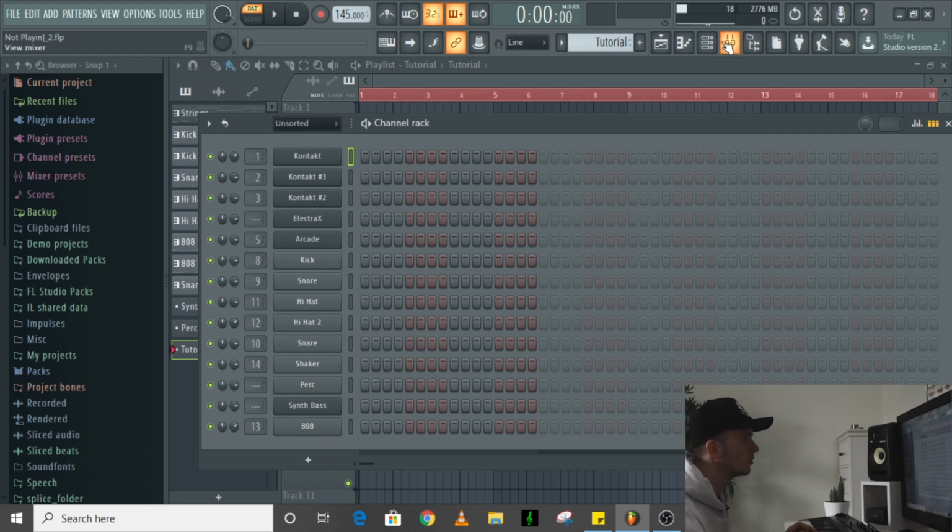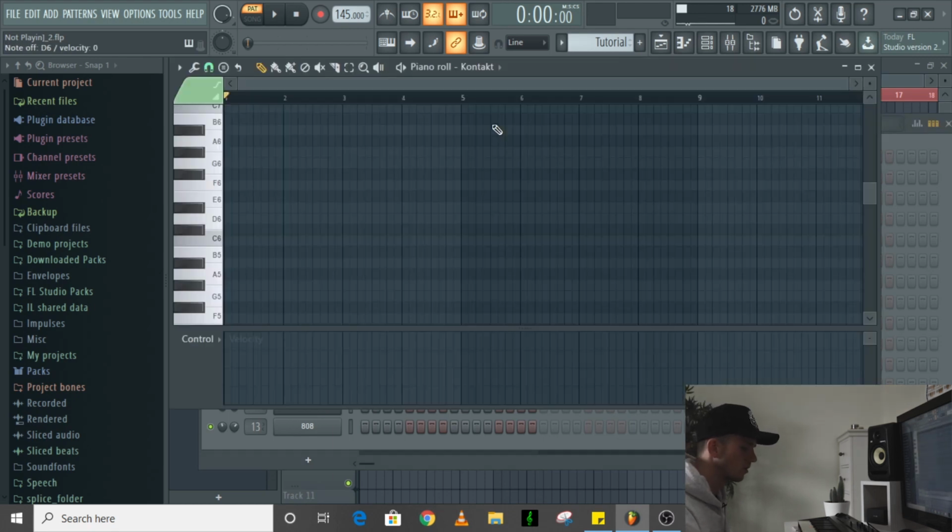So the first thing that I'm going to do is just get a little bit of a melody going. Maybe something simple for the first layer of strings, and then I'll layer it up with some more. So the scale that I'm going to work in is going to be C minor. So it's going to be